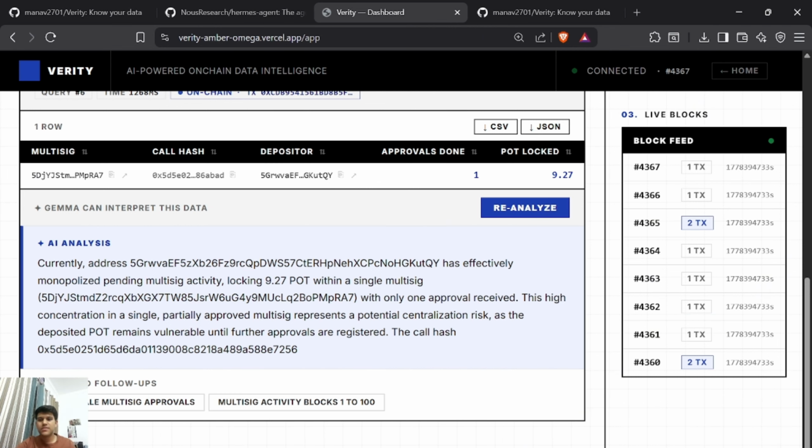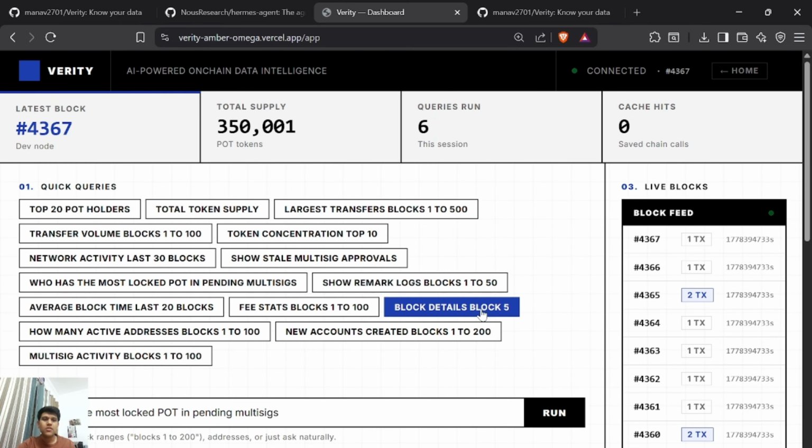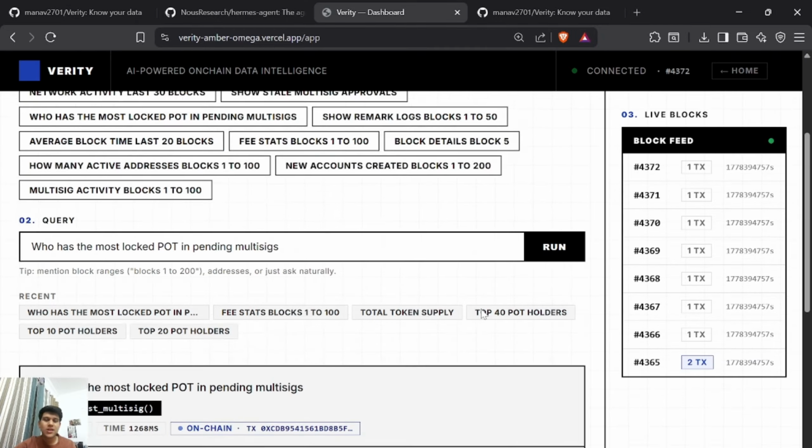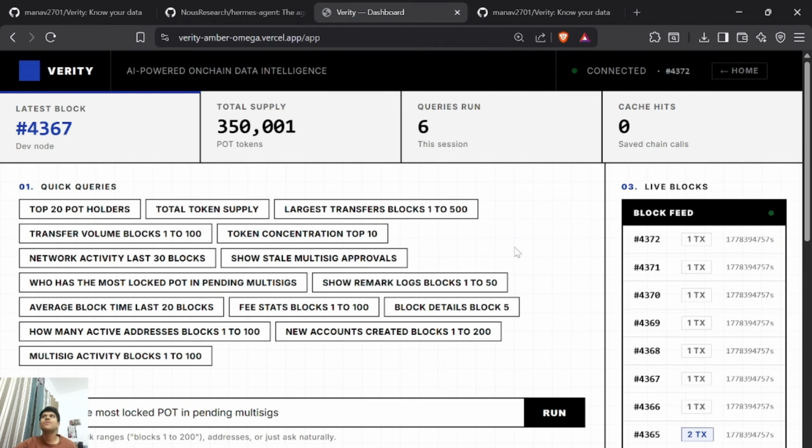So if you want to do risk analytics, data analytics, check your fee stats, check your gas activity, if you want to check all of these queries on its own, I feel that this is it for you. I'm not making an agentic AI system, but it's something simple that solves a problem, and there it is.